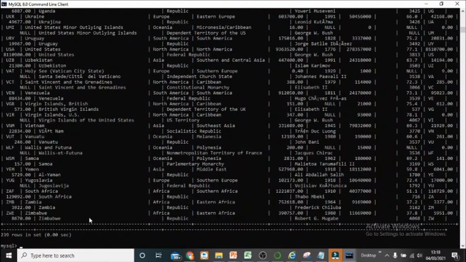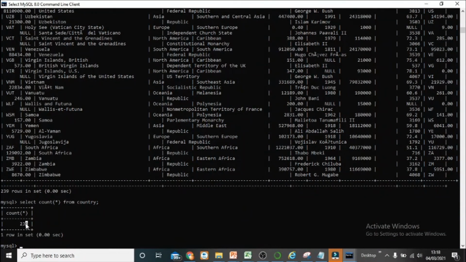All right. Now another variation of the select function you can use is select count. Select count star from country means it is going to show you a count of all the rows which are available in the country table. So in the country table we have 239 rows in total, but when you use it this way, it is going to show you the count. So the count of all the rows present in the country table is 239. All right. So this is how you can use the select function from the table country. All right. Thank you.